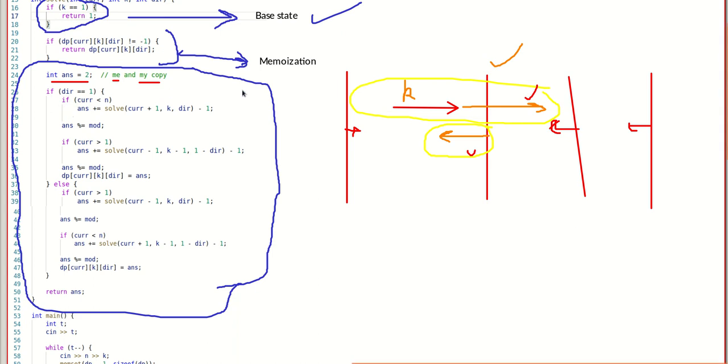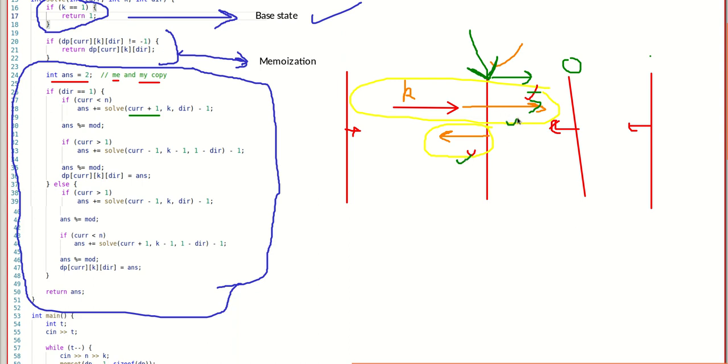One is direction is equal to 1, that is, the particle is going to the right. Then, if my current plane is not the last plane, that is, less than n, not the nth plane, then it will create a copy backward also, and it will move forward also, right? So I am calling my function with current plus 1. I am talking about this thing: if my particle is going towards the right and it is not the last plane, then this particle will strike here. If I was currently at this plane, then I told you there will be two things, first and second.